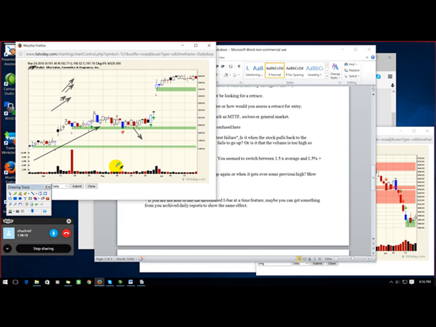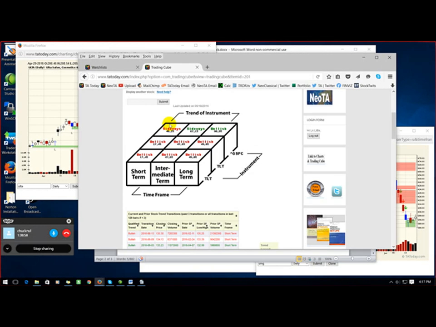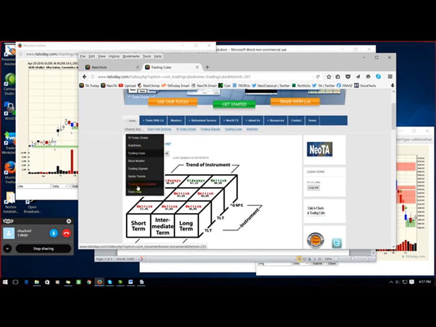And that's why I was saying earlier, I usually use intermediate term trends for almost everything I do, except for day trade type stuff, because the intermediates have less noise. And so I like to look and see intermediate first. As a matter of fact, when I use the tools, and I'll show you this, when I come to the tools and I pull up,